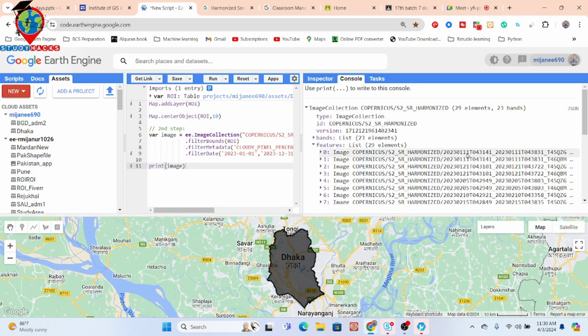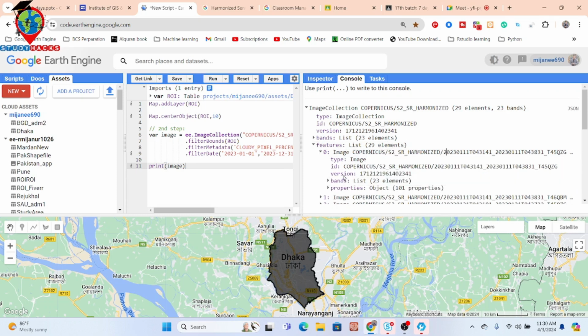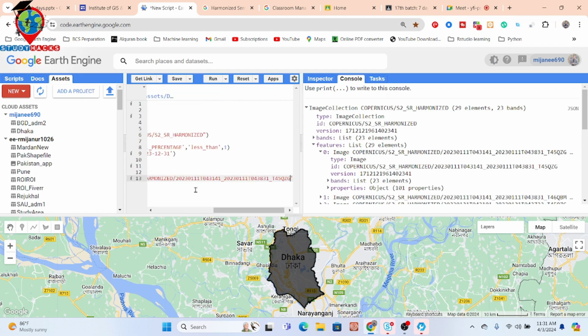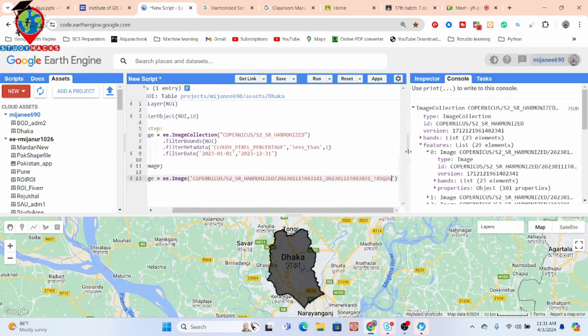You can see. So in this time, suppose you want to work with a single image. For that, click here and then copy this ID. You can see this is the single image ID. Copy this ID and then work with that. When you want to work with a single image, just take a variable. Suppose I put the variable name as image and put here ee.Image and this ID,